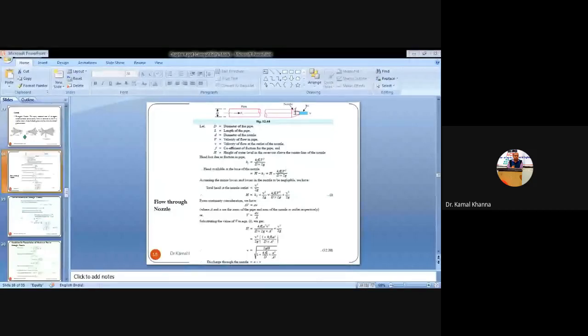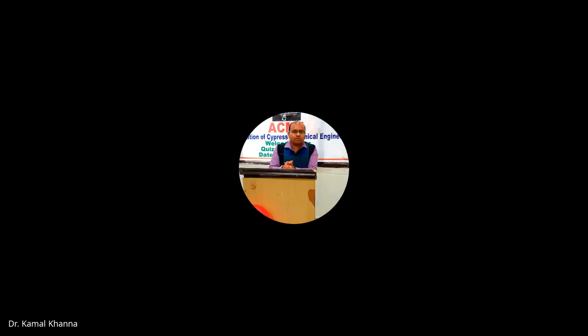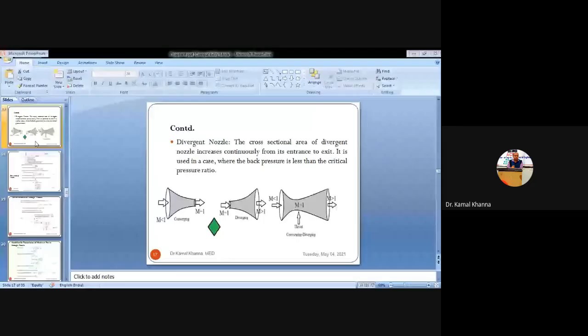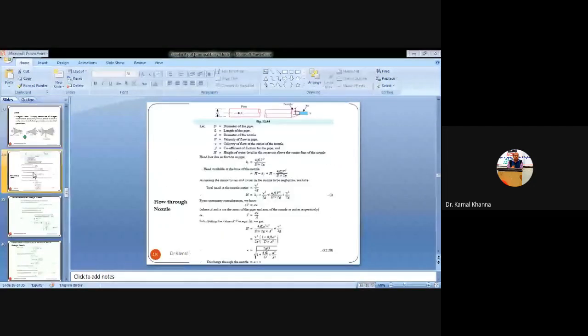So in the previous class, we were discussing different kinds of nozzles that have been used in industry so as to increase the pressure as well as to increase the velocity. That depends upon the shape and size of the nozzle. That is, we have different kinds of nozzle. First was the converging, second is the diverging, and last one was the converging-diverging nozzle. That is similar to the Venturi meter that is used in the industry to measure the discharge through a flowing pipe.